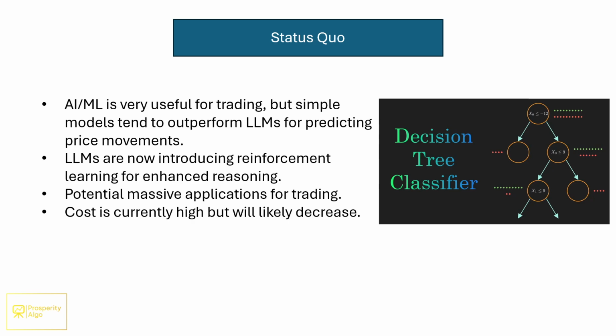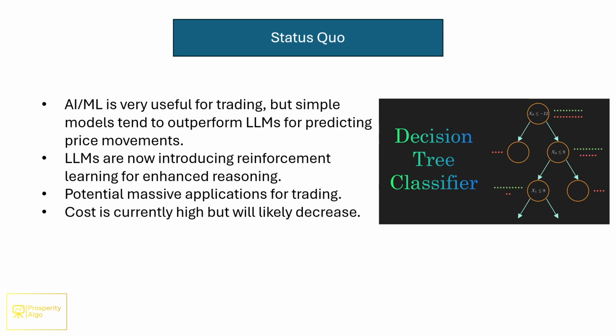So decision trees are a classic application for trading, and how I like to use them is you can feed a bunch of technical indicators to one, and then the decision tree will be trained on these indicators and can be used as an additional filter to help a trading robot become significantly more accurate. LLMs to date have not typically been able to outperform decision trees just because they're made for very, very general applications and they're able to regurgitate basic technical analysis. But when it comes to actually making a prediction, it has not been the right tool for the job yet.